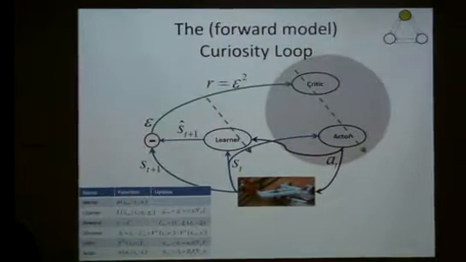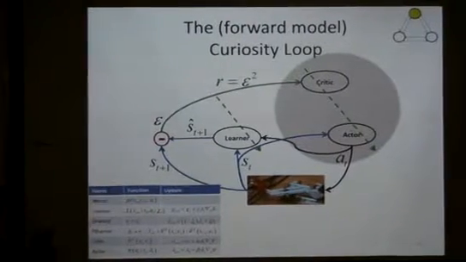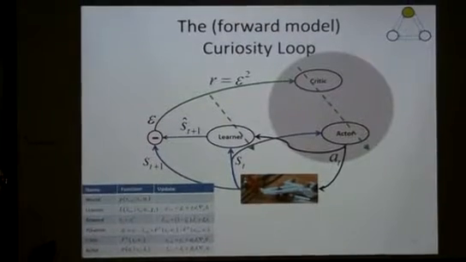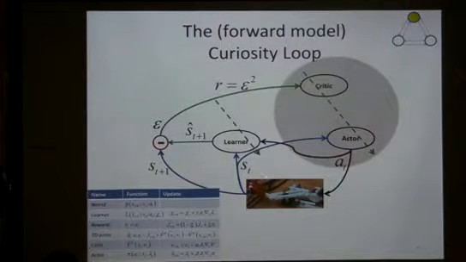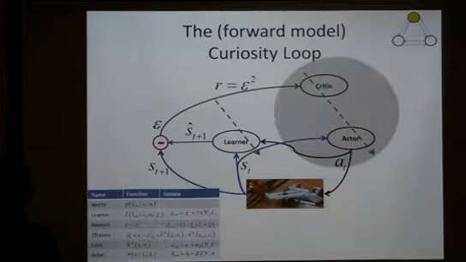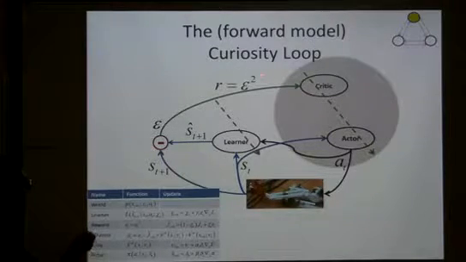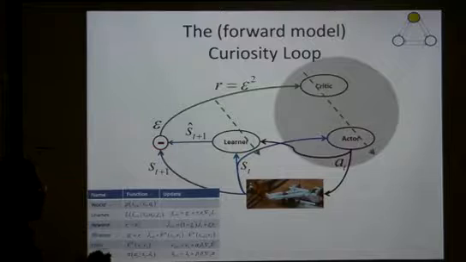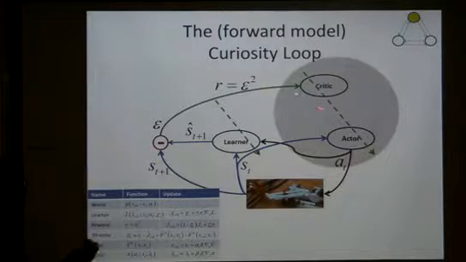Let me try to explain it. I'm now explaining the whole loop, okay. So what are you going to do? You act in the world, you predict what is the next state, and you generate a prediction error. The prediction error has two functions. One of them is to change what you know about the world, but now the prediction error also serves as intrinsic reward. And the intrinsic reward, through this actor-critic, actually changes what you'll do next time. It changes the policy that you're implementing.